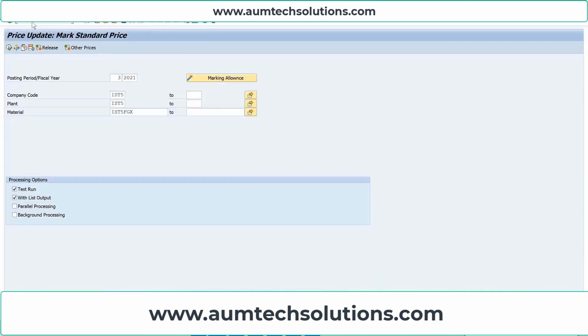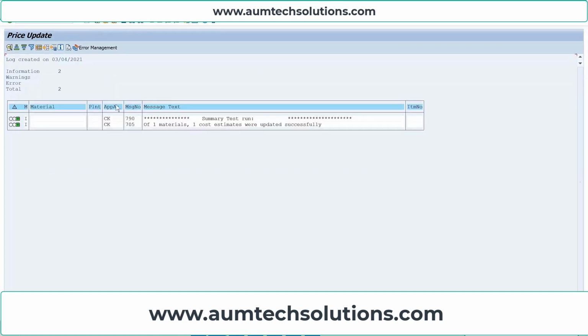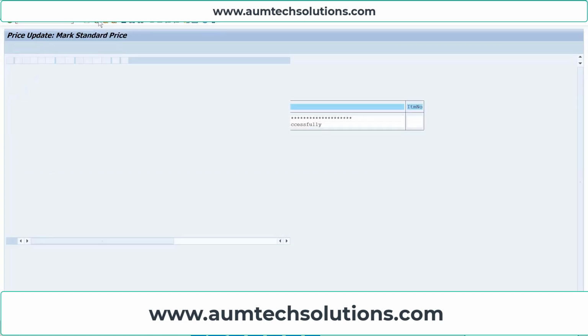Let's go to CK24. Enter the posting period. Current company code is IST5. Plant IST5. Material IST5 FGX. And click execute. So it gets updated successfully.